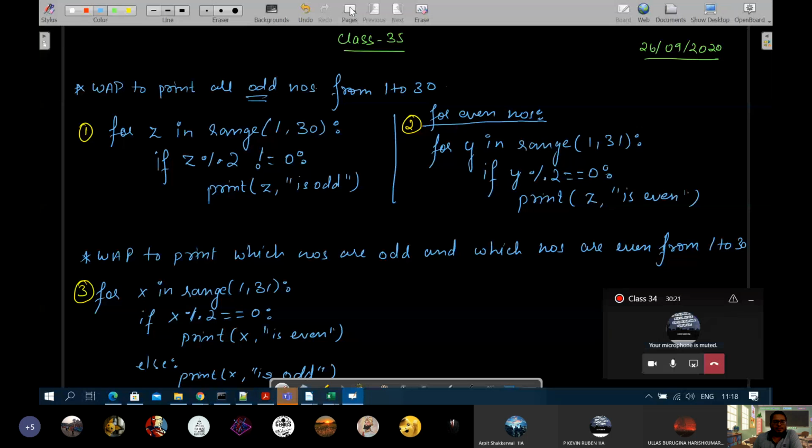Now we'll go to the next type of concept within for loop. Okay. Till now we have seen for takes how many arguments. अच्छा, what are arguments? जो function में जितने value देते हो ना comma लिख के.